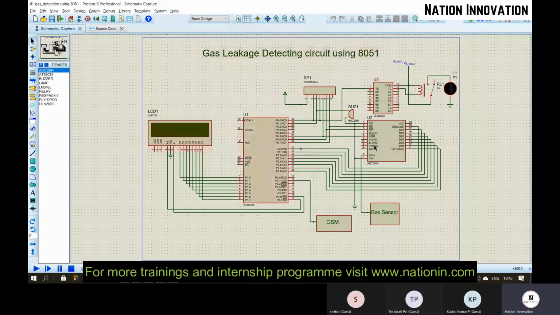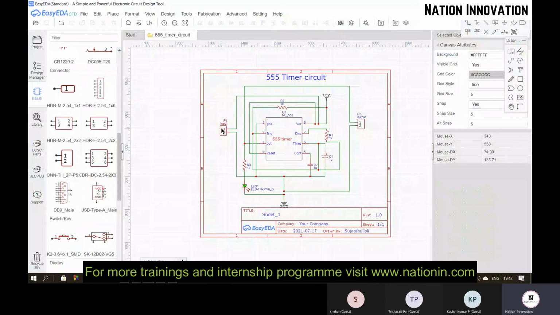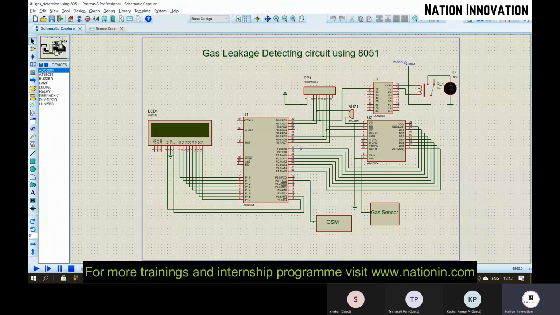This is how you need to connect the components, the same way you have connected here. Except for these connectors, you need to give an input source there. For example, this is the bulb to show the output. In your case, we have an LED.